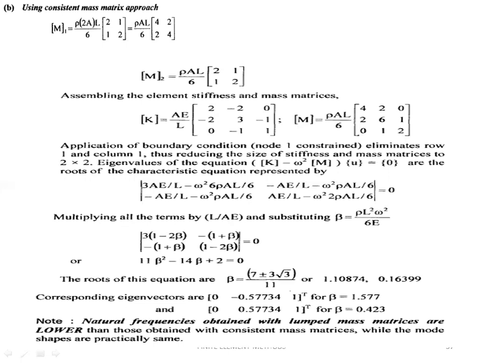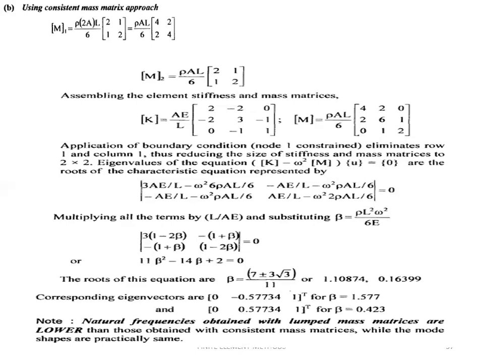The same way, now we are going to use the approach as an eigenvalue and eigenvector problem. In the similar way, if u1 is 0, you have to eliminate the first row and first column in the mass matrix as well as the K matrix. Therefore, the matrix is reduced: K is 2 by 2, M is 2 by 2. So the eigenvalue and eigenvector problem becomes K minus omega square M times U equal to 0, and the determinant of K minus omega square M must be 0 for the characteristic equation to find the roots.